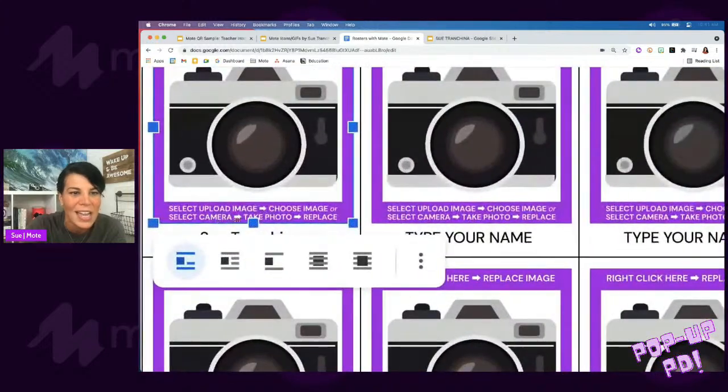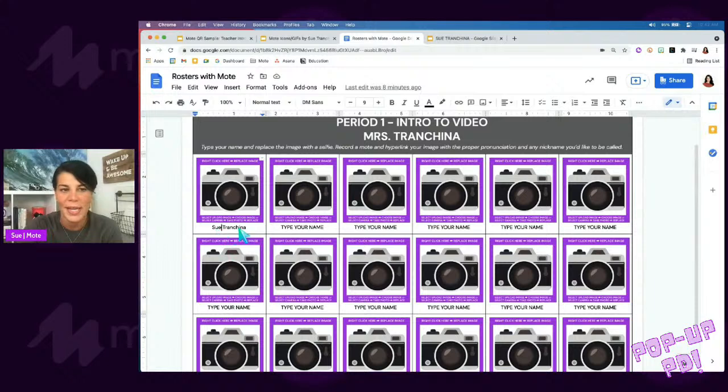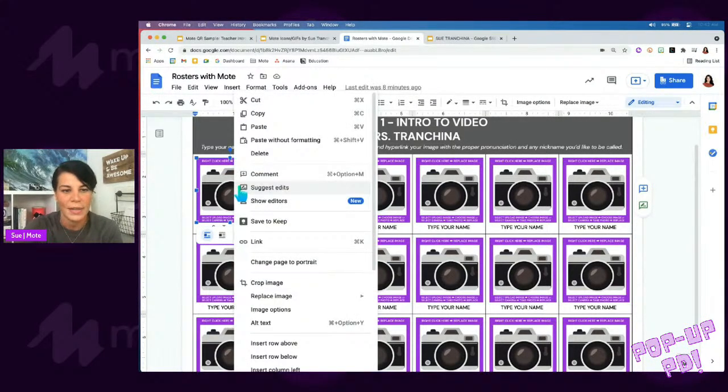I guess we can zoom in, take photo and replace. So I always had my students do selfie mode with that camera, and that's what I'm going to demonstrate. So record a Mote and hyperlink your image with the proper pronunciation and any nickname that you'd like to be called. So I've done that. I've taken the liberty here of typing in Sue Tranquina right here, and then I can replace this image. So right click, replace image with my camera,